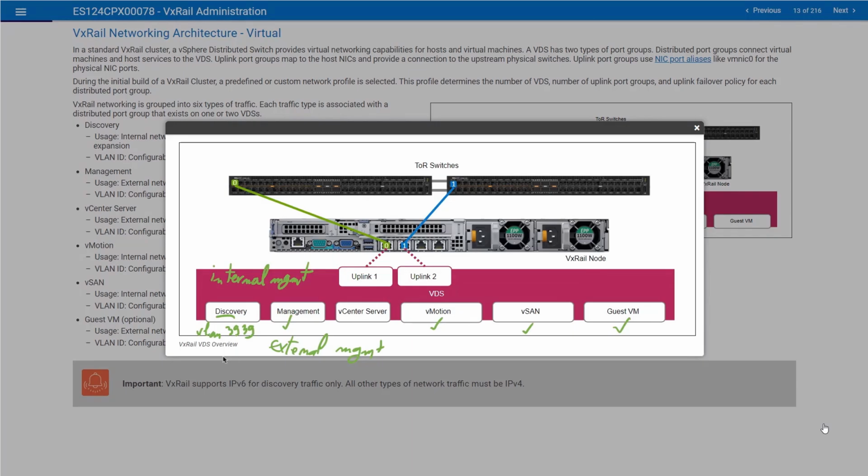So what is this? This is actually, so first one is your external management network, which is available in any vSphere environment. The internal management or discovery is a specific network to VxRail. It is used for discovery in day one, so we can detect the nodes and build the cluster. And then on day two, when you want to add additional nodes, it's also used to detect the nodes. This network uses by default IPv6. And this is the way